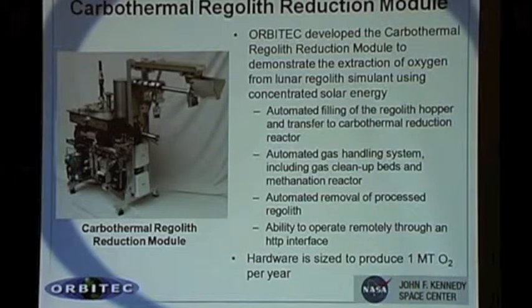And there's automated filling of the hopper and so forth, gas handling systems and so on. You can run it through a laptop, through an HTTP interface. This design was sized, when it was fully built out, to make 1 metric ton of oxygen a year on the moon. Right now, it's only operating at about 1/10 scale because we need more energy, and it would need some modifications. But anyway, the reaction occurs in here, and there's a connection here where we bring solar